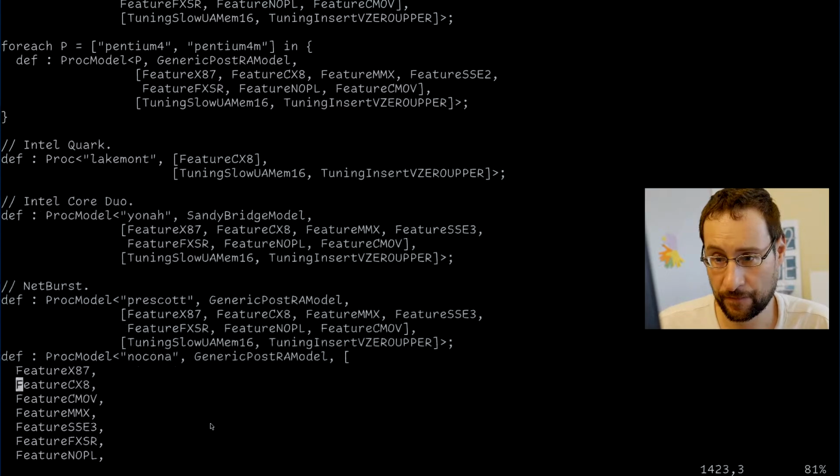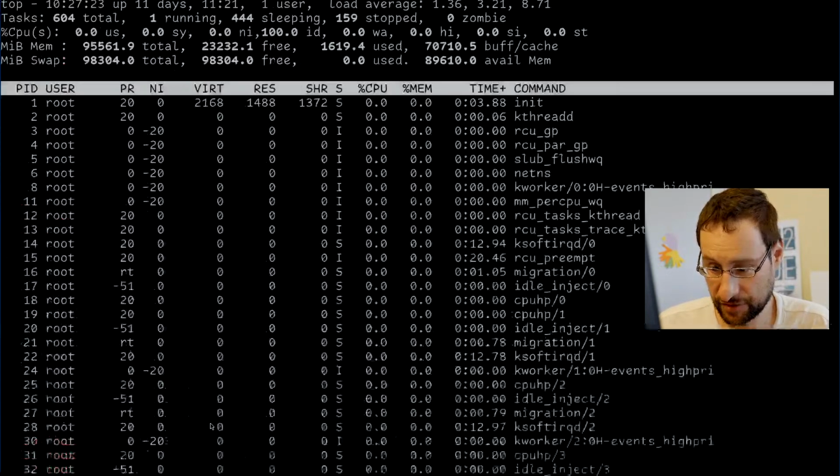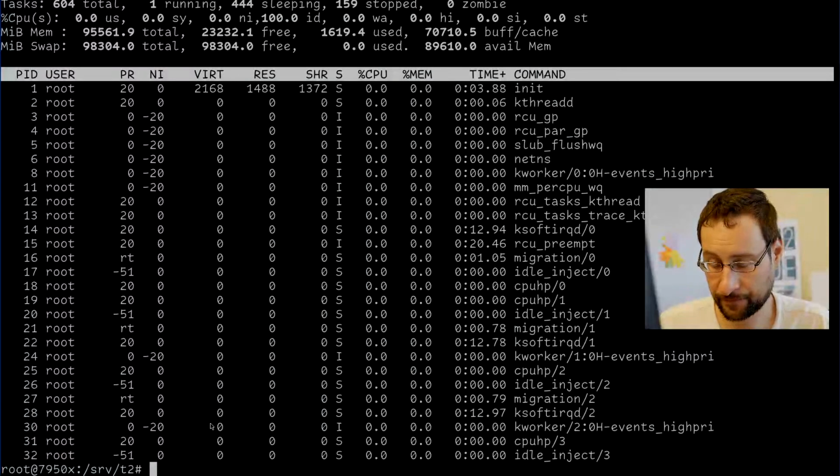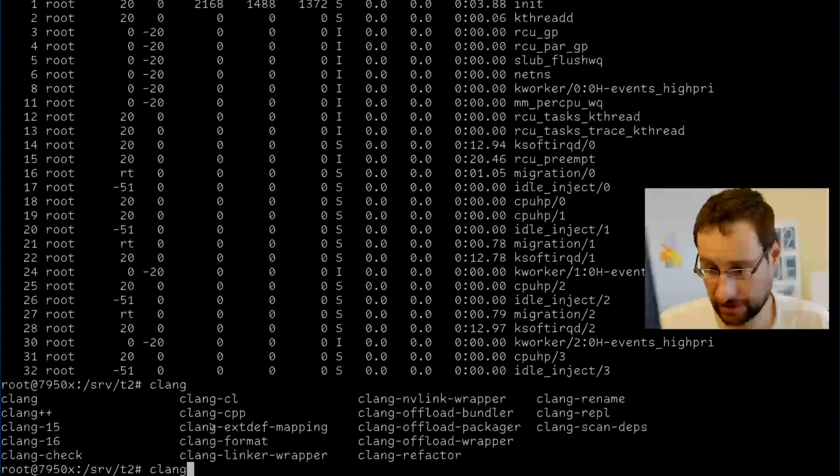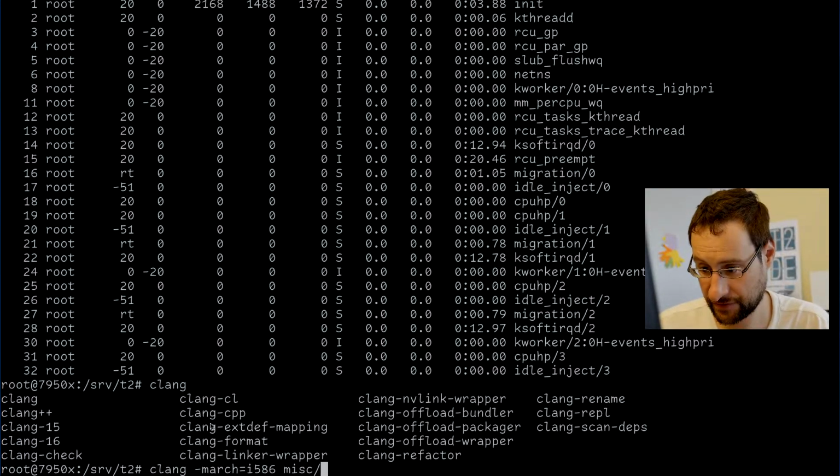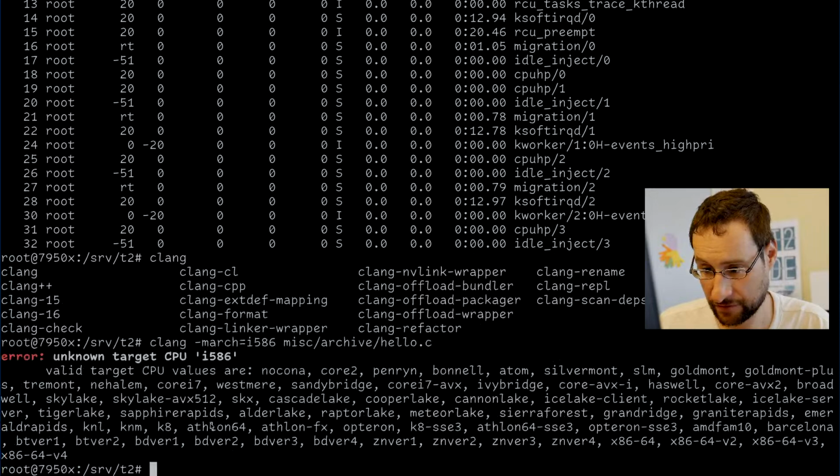I'm surprised it builds otherwise. That is so strange. Why does Clang accept MRH 586? That surely did work, or not? Oh no, it doesn't.